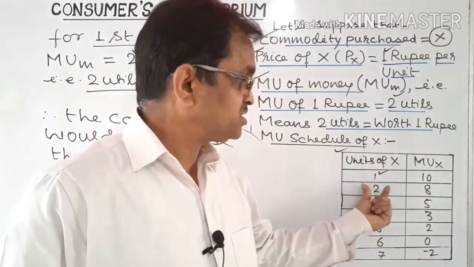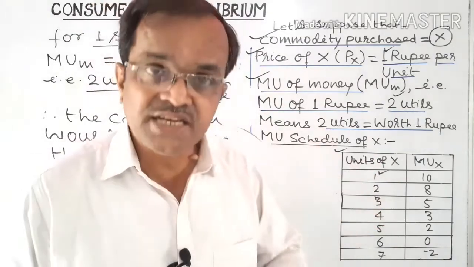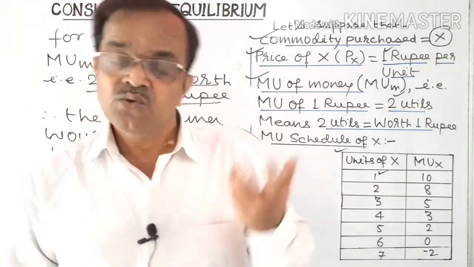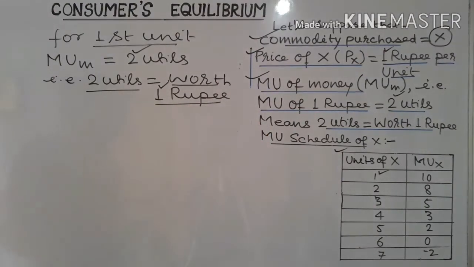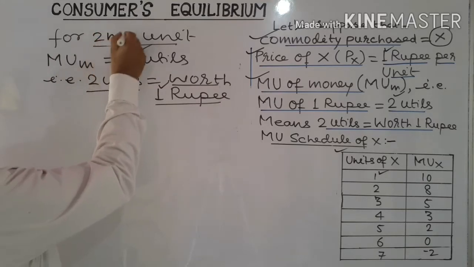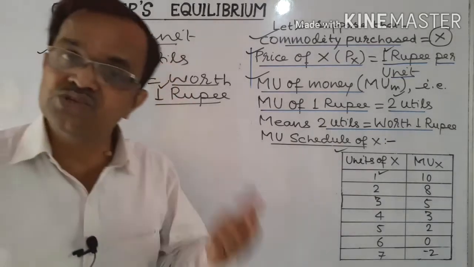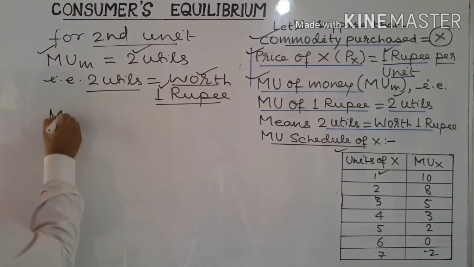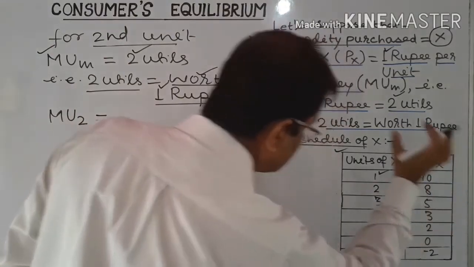Similarly, now for the second unit. Now the same question arises whether the consumer would purchase the second unit or not. Answer is again yes. Why? Because of the same reasoning. Look at here on the board. This is the first unit. Now for the second unit, the same situation: marginal utility of money is equal to 2 utils. That is, 2 utils is equal to what? Rupees 1. And marginal utility from the second unit that the consumer gets is equal to 8 utils,